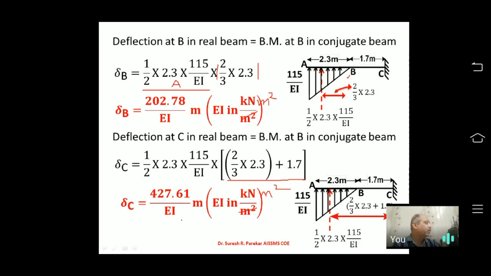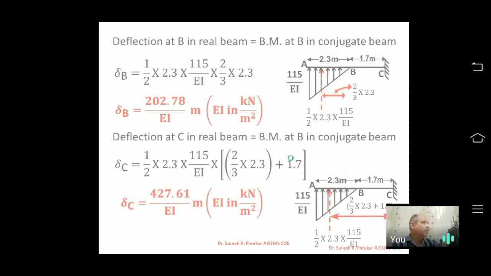Now see, the bending moment is clockwise, where delta B will act in the downward direction. Here also I have the bending moment in clockwise direction. So what will be the direction of delta? The direction of delta is again downward. This is the most important sign convention you should keep in mind when you use this method. So this is the first problem where we have slope and deflection.